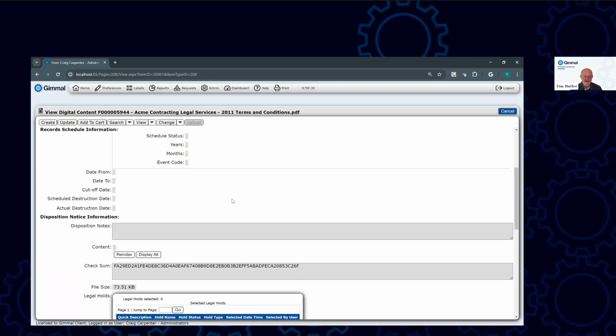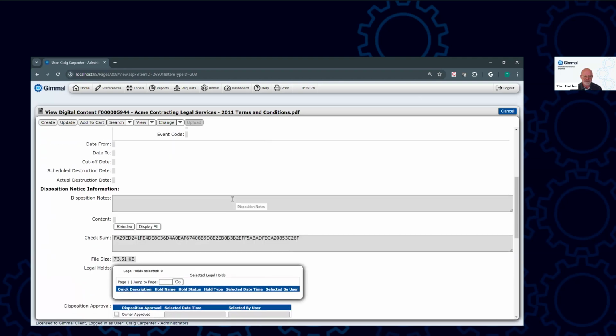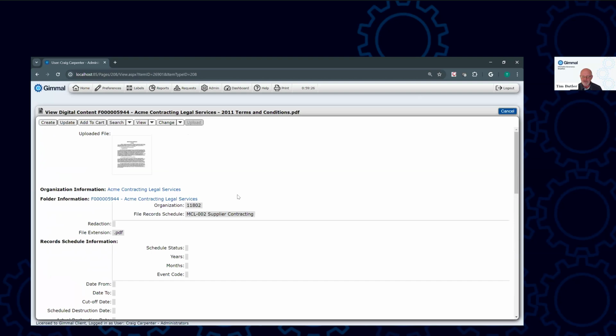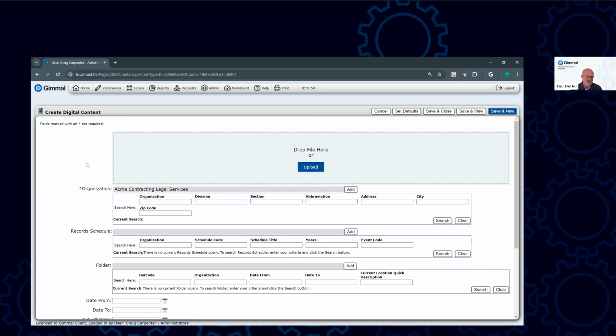And just scrolling down the page, you'll see some of the other representational metadata that we have created here for the digital content itself. Now, it operates the same way as all the other tabs, in that, just like on the other tabs, you can create or update or search, or you can import, you can export. The only real significant difference from a usability perspective is, like all the other tabs, you have the metadata to fill in,